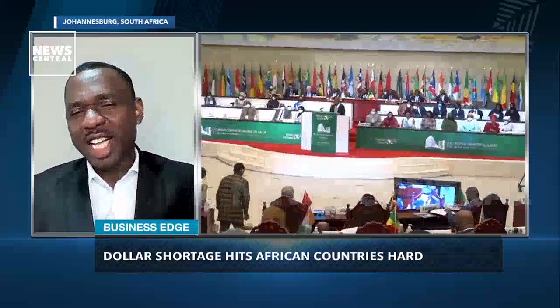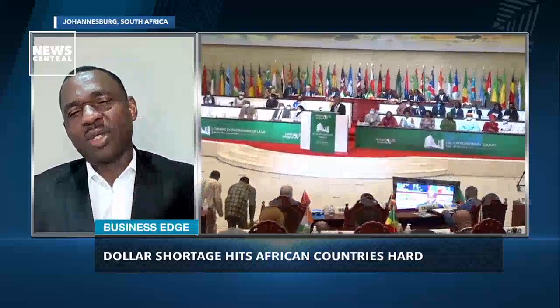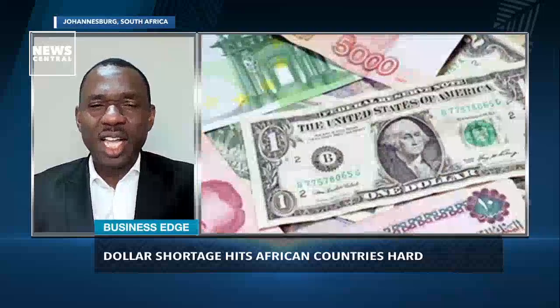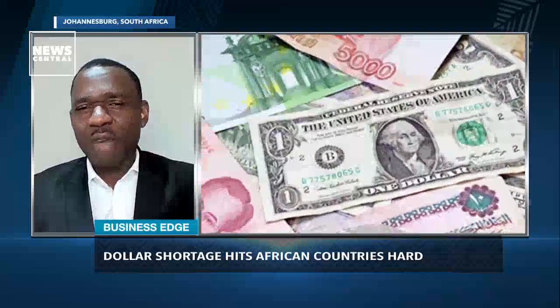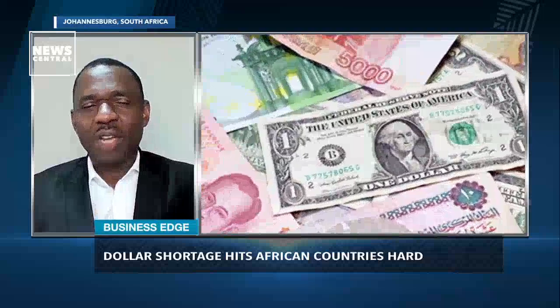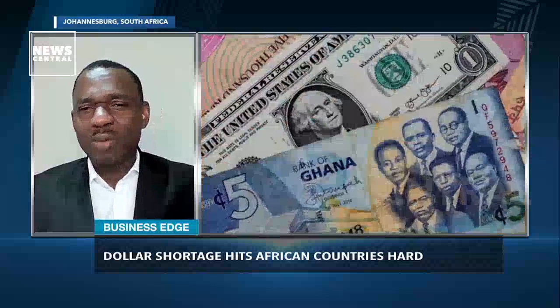Additionally, I see swap deals reducing the dependence of Africa on the dollar, and will actually help African countries get better value for their commodity. Nigeria and China had a currency swap deal some years ago.